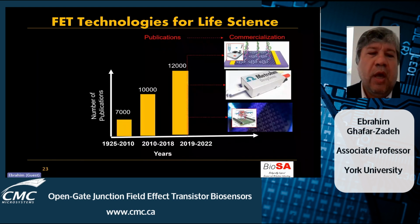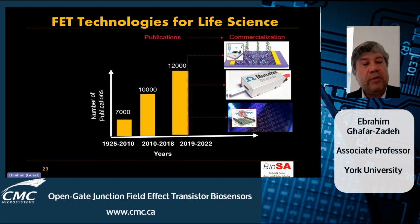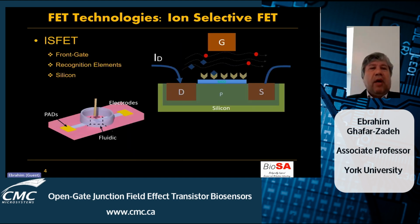Here, this diagram shows how the applications of the FET have been promoted over the last few years. In addition to the large number of papers that have recently been published, the commercialization of FET-based sensors has also started over the last few years. One of the applications that I will show is DNA sequencing, which uses the standard technology for that purpose. Okay, let's start with